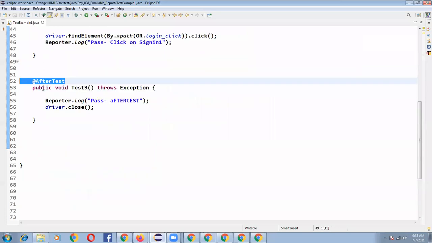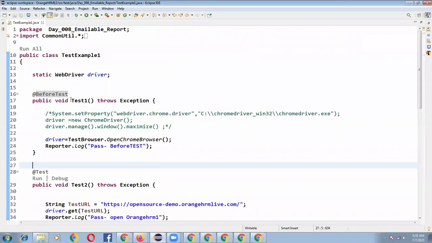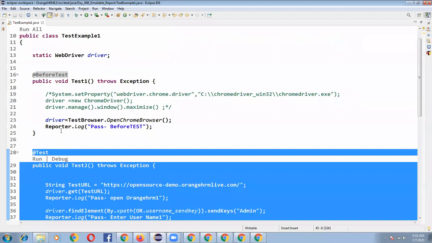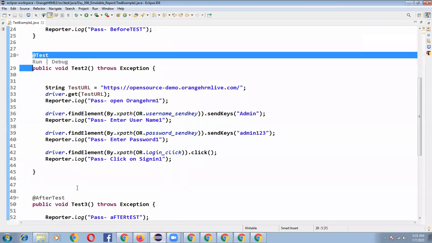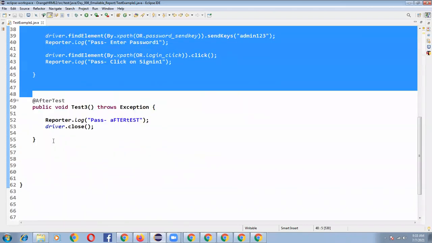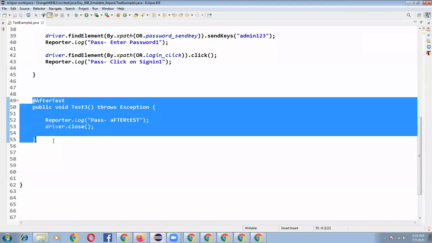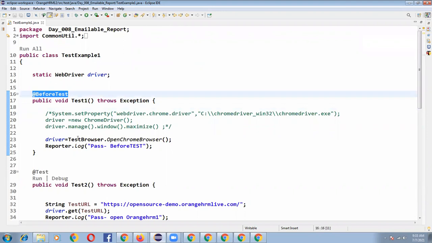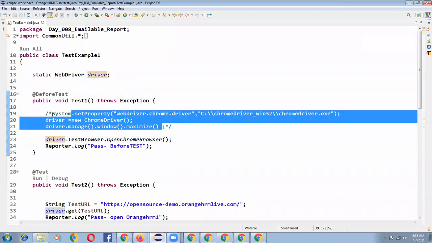Generally, if you write a method with @BeforeTest, prior to execution of the test code, this block will be executed, and after executing the test, the @AfterTest block will be executed. Generally in @BeforeTest, people write the lines of code for launching the Chrome browser.